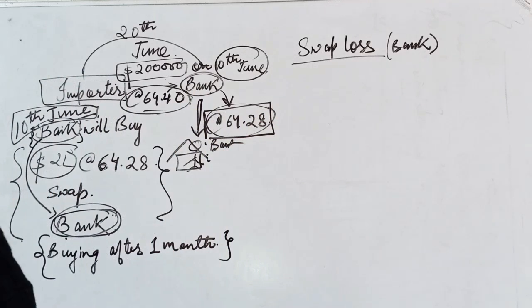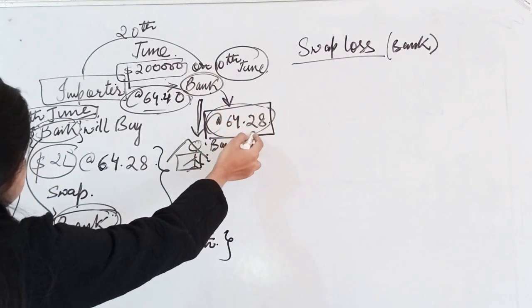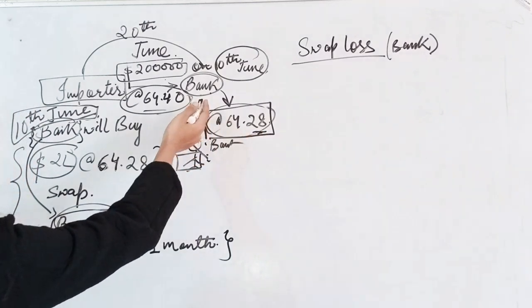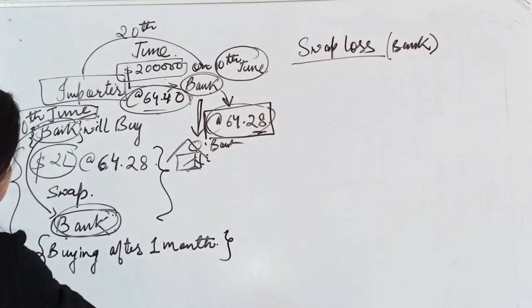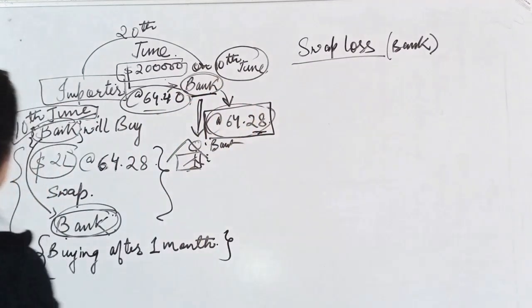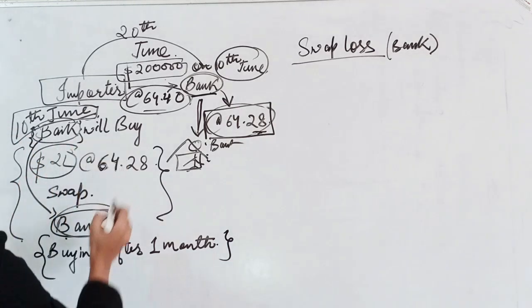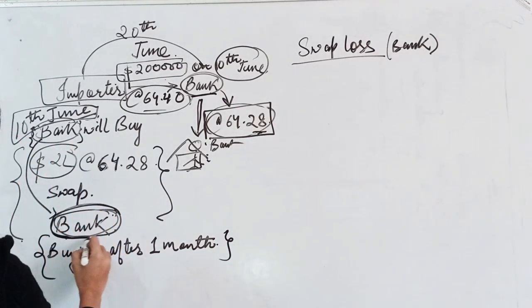Fine. So after buying this $2 lakh at the rate 64.28, the $2 lakh was of no use to this bank. Right now, it doesn't need that amount of money. So it went to another bank and wanted to sell it. So the other bank will say,